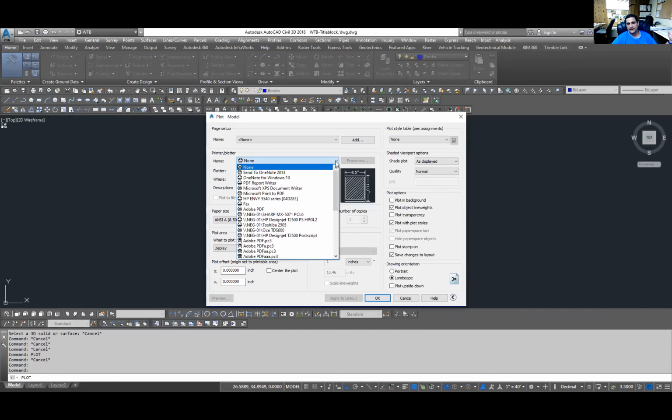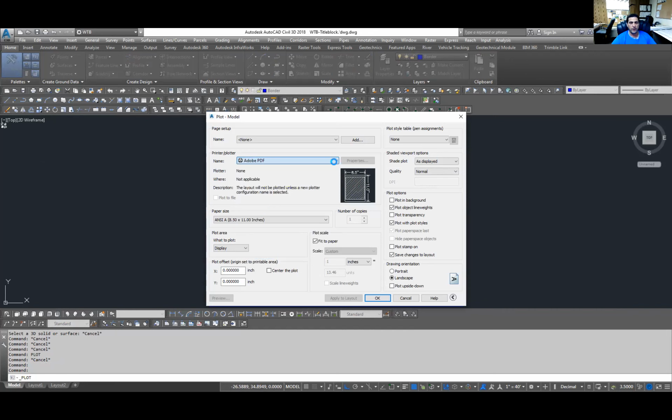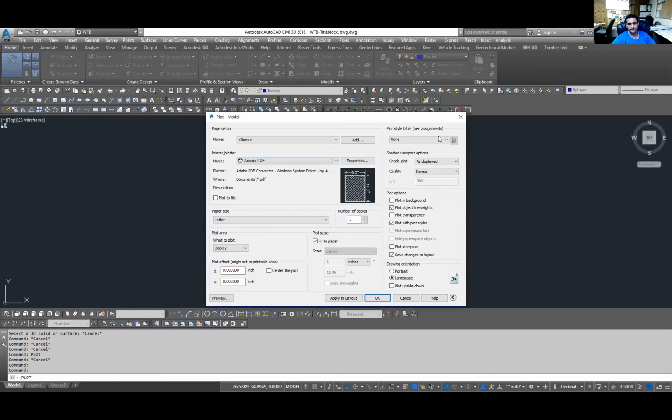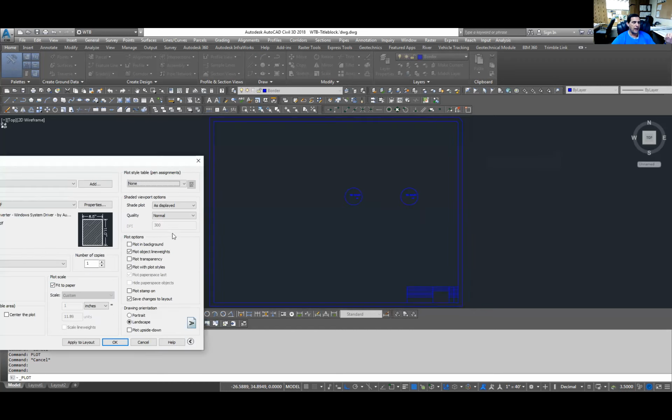You can go and select, if you were at an office and you wanted to print a paper copy of your work, you could do that. These are the different printers I have available here at my office. But almost every program, you're going to have the ability to print to Adobe. I'm going to set up a template drawing eventually where you have different pen styles. The default for right now is going to be none. Okay. So my title block,